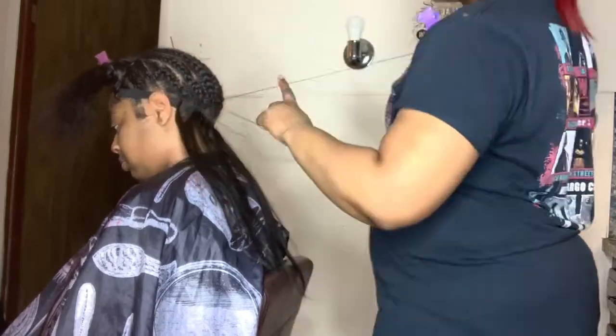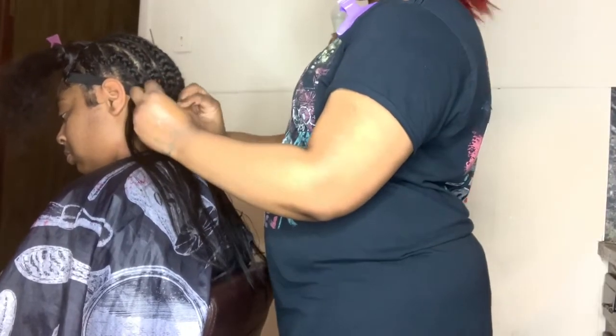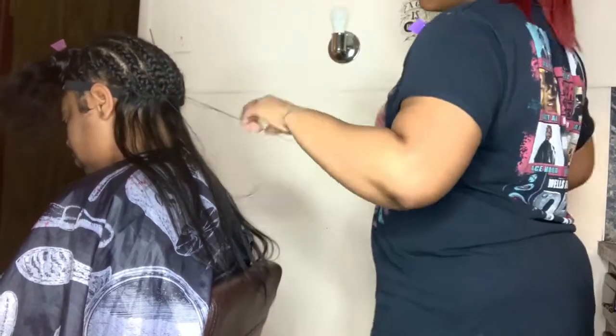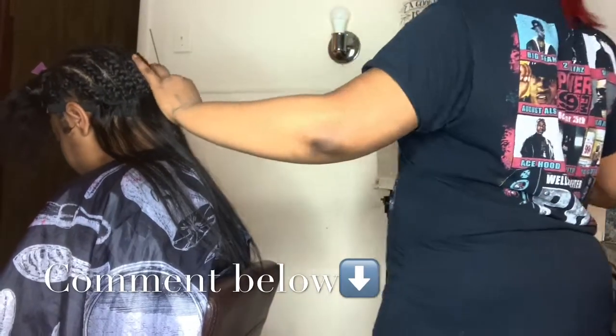Now on to the sewing. She's back from underneath the dryer, so I'm just going to start sewing that hair in. I ain't gonna bore y'all with this. Y'all have seen me do a sewing before, so if you do want me to make a video on how I sew in my bundles with a closure,